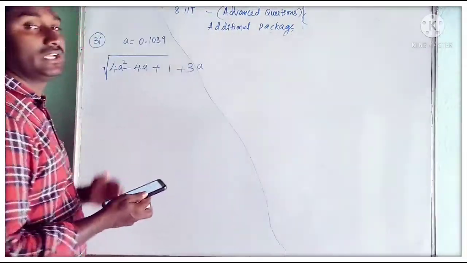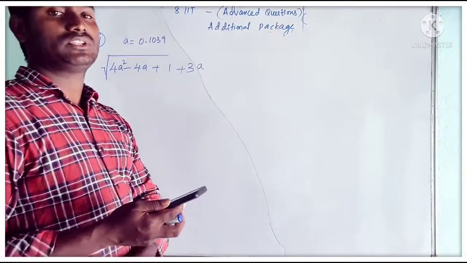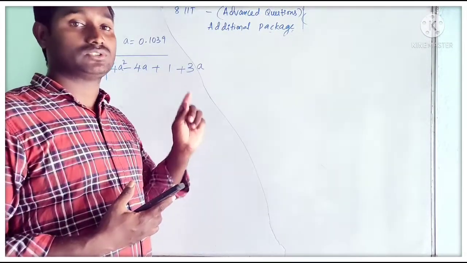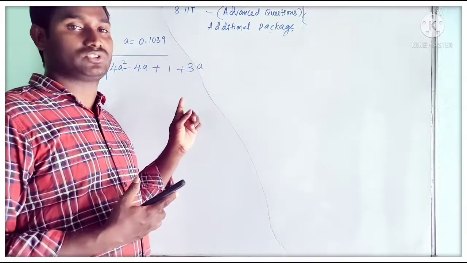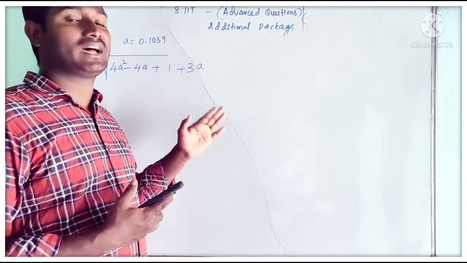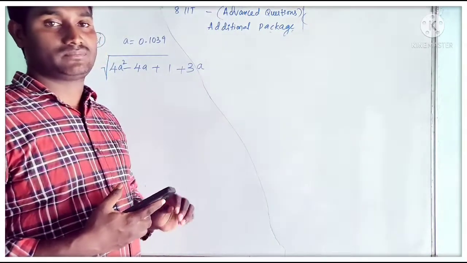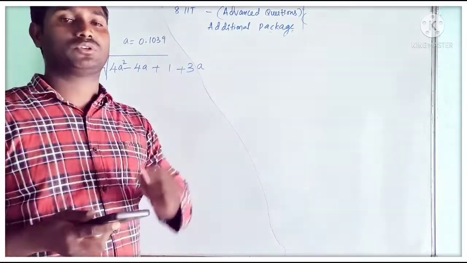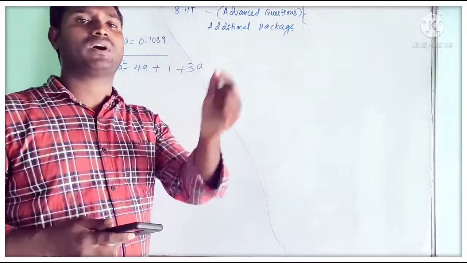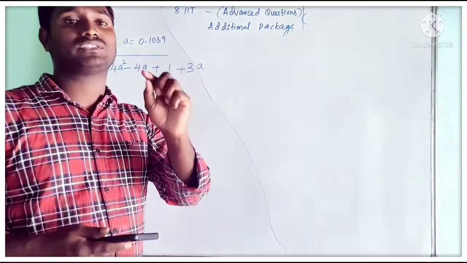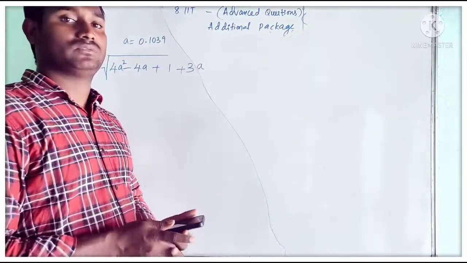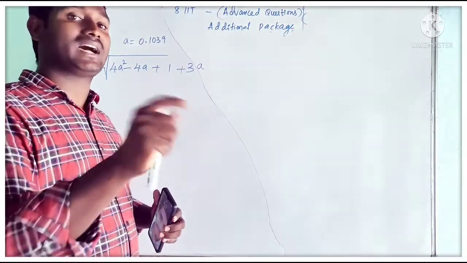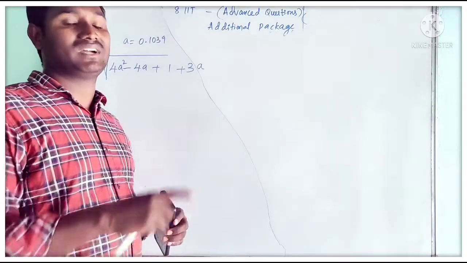Okay. Now I am going to discuss with you the 31st question. It is a very important question. Try to do this question in the correct way, because if you go in the wrong way, you will get the wrong answer. Before going to simplify this number, we should know that the square root of any positive number, we should get a positive value. This is why I am saying this to you. We can do it the wrong way also and we will get an answer, but it is the wrong answer.